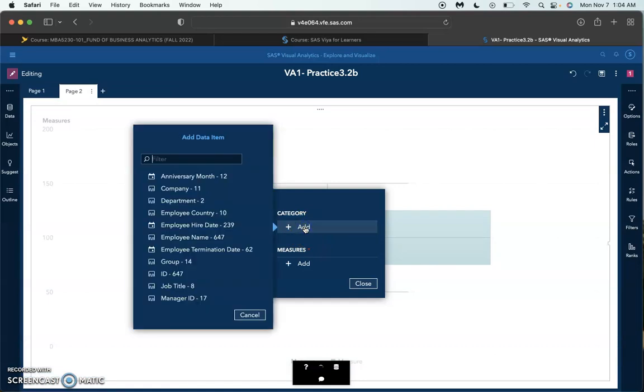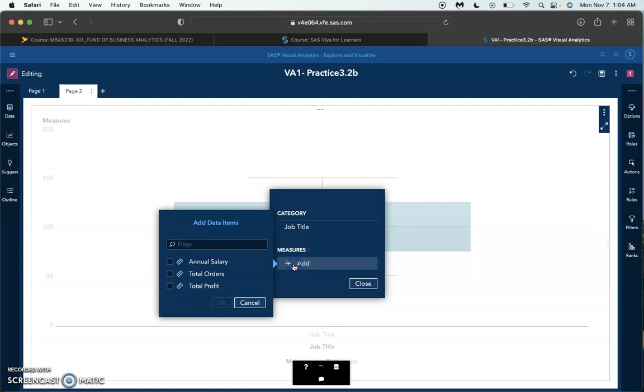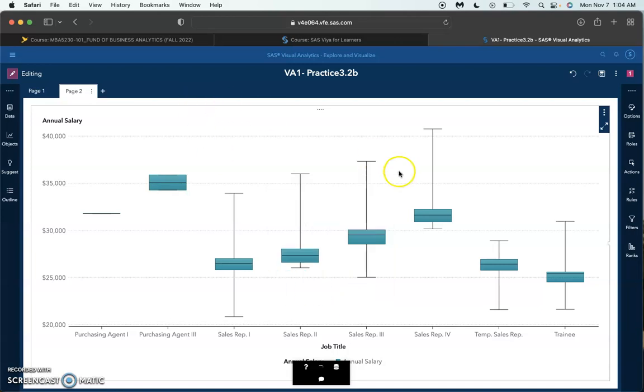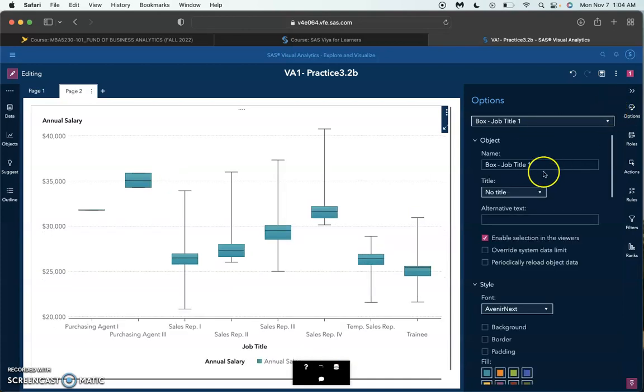So for category, we are going to do job title. And for measures, we're going to select annual salary, hit OK, close this, and this is what this box plot would look like. So we're going to modify it a little bit. So we're going to go over to options, and then in the name field, we're going to do